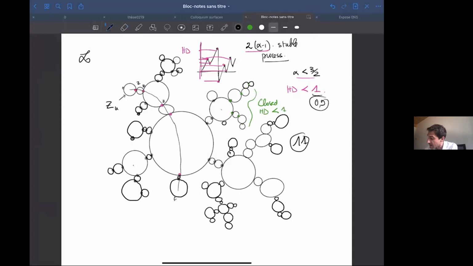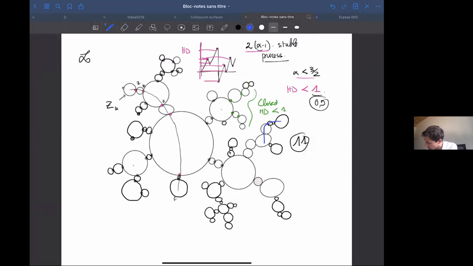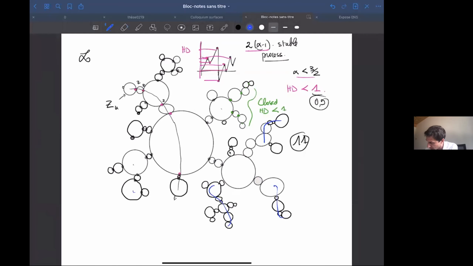If you intersect 11 of these branches, so you take this branch, this branch, this branch, then by standard regenerative property argument, the intersection of these 11 random closed subsets will be empty.